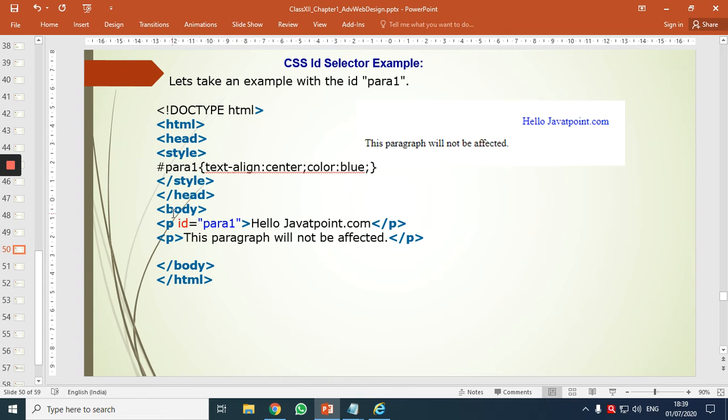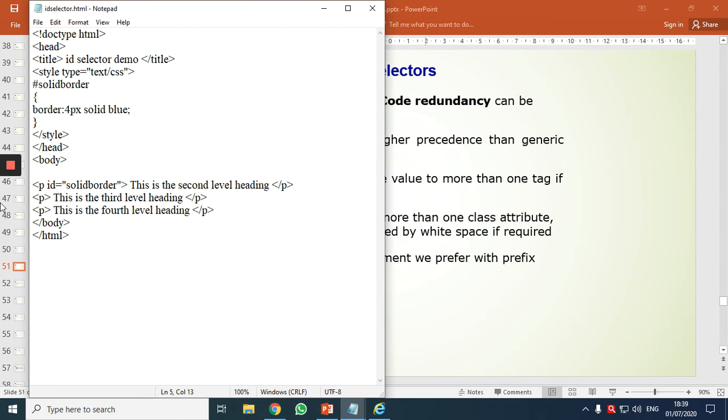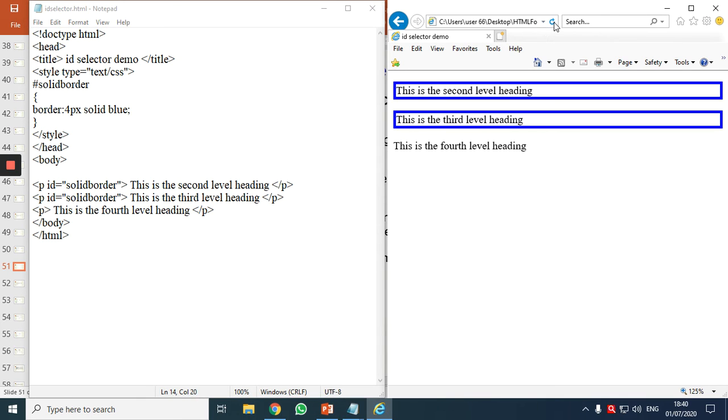Understanding what we are doing, the same thing I have shown here. See, there are 2 paragraphs. In one place I have applied ID, in one not. So how is the output? Let us observe again. I will apply the same ID attribute here too. ID stands for unique identification. Still, I'm applying the same ID attribute here. What do you feel will happen? Let us observe. What happened? Both the paragraphs are getting the same feature.